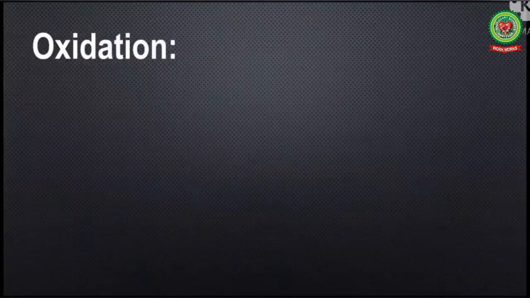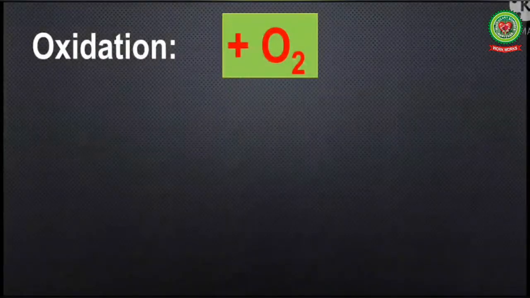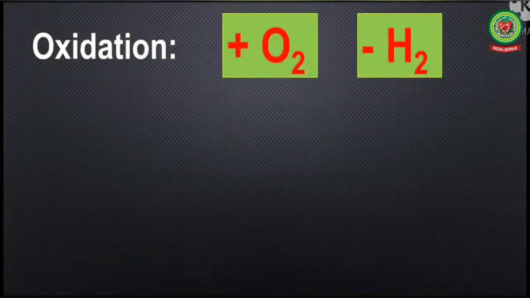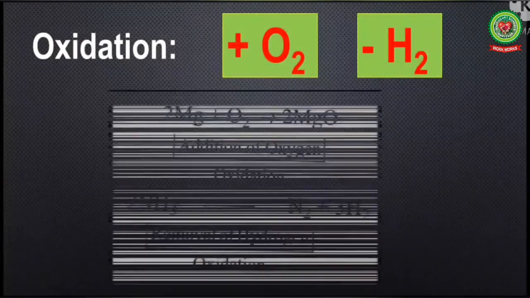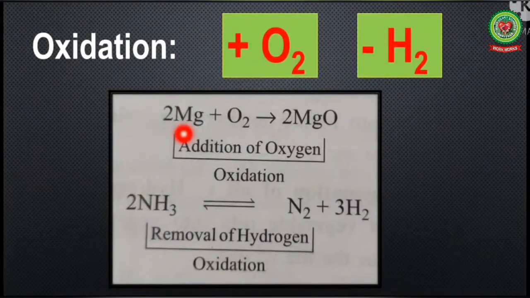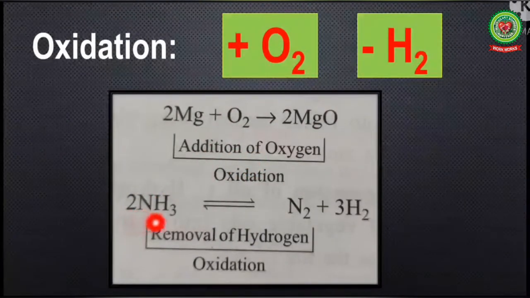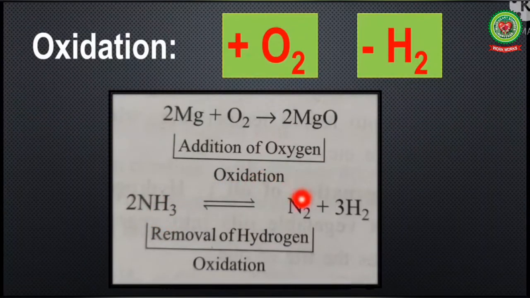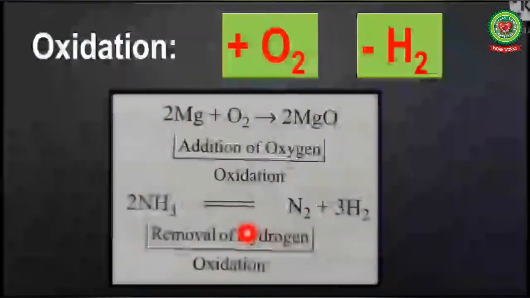Oxidation. The addition of oxygen to a substance or removal of hydrogen from a substance is called oxidation. For example, in this reaction, magnesium is converted into magnesium oxide by addition of oxygen, so it is an oxidation reaction. Similarly, in this reaction, ammonia is converted into nitrogen by the removal of hydrogen, so this is also an